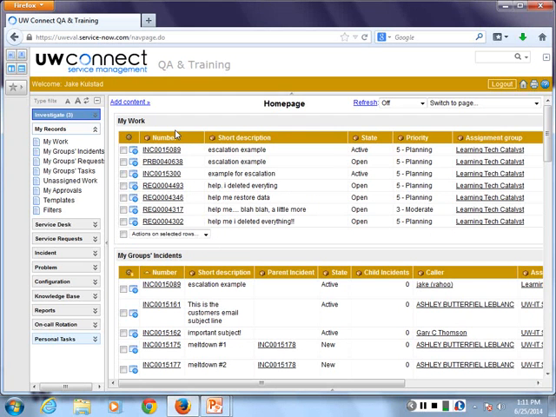How many people watch multiple RT queues? Go in and check them out. When you're looking at something like My Group's incidents, this is going to be all of the records in all of your groups. So every incident from all of your assignment groups, much like looking at a view of all of your RT queues in one filter. Does that make sense? We are splitting these records out into incidents, requests, and tasks. And I hope by the end of this demonstration you understand why we've done that. That sound okay? Excellent.